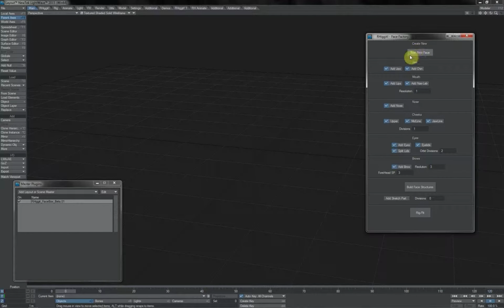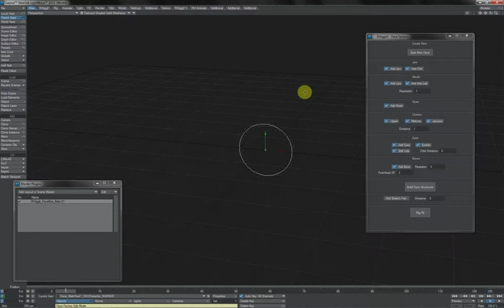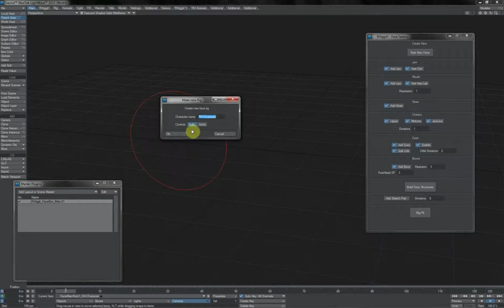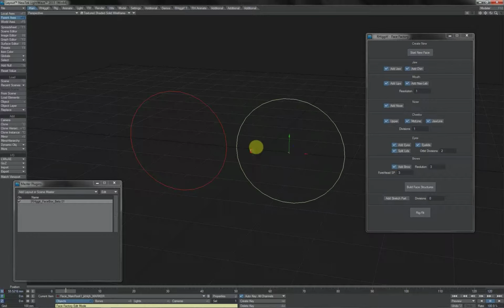So we start by needing to create a base for our new face. So we hit Start New Face and we get this pop-up asking for a character name, and there we get the basic element created like that. Now you can of course create multiple faces. Let me just shove that to one side and I'll hit Start Face again and you see I get some additional face. So of course, if you've got a character with two heads or two faces or something, that's perfectly